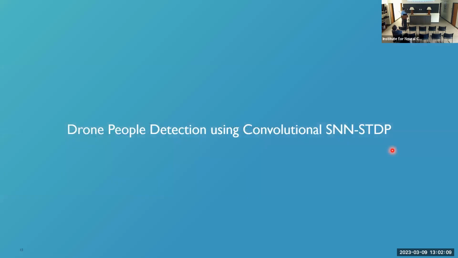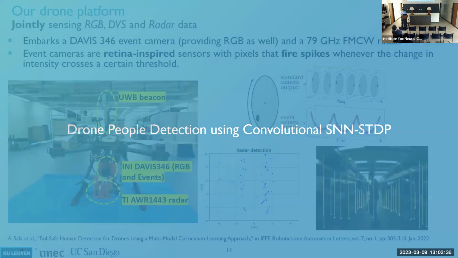Okay, so now that we have established this SNN SCDP framework, we wanted to use it to solve perhaps more large-scale problems, such as drone tasks. And now I will first cover the task of people detection, using our SNN SCDP framework, but in a convolutional setting. So it is not all the same, but the dictionary learning is just a convolutional dictionary learning.